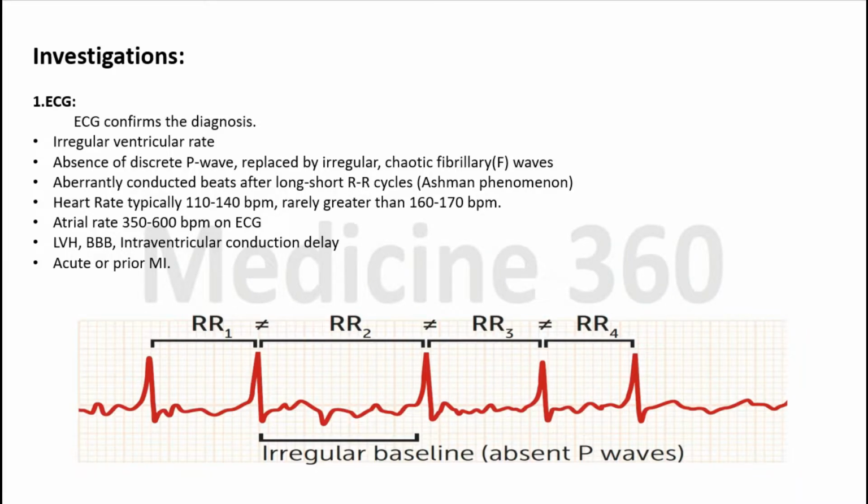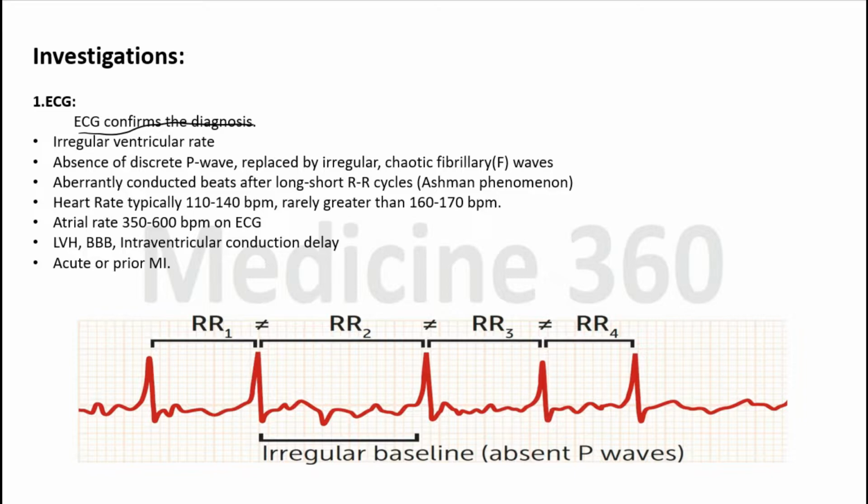The initial and diagnostic test for atrial fibrillation is the ECG. Now we will discuss what the findings will be in the ECG. First of all, as we said, ECG confirms the diagnosis. There will be an irregular ventricular rate, and